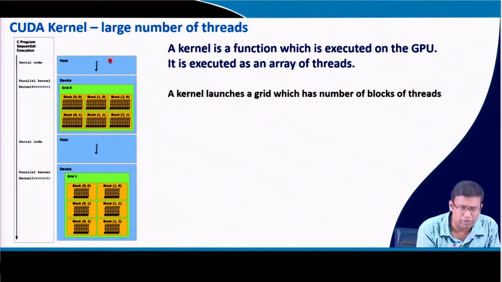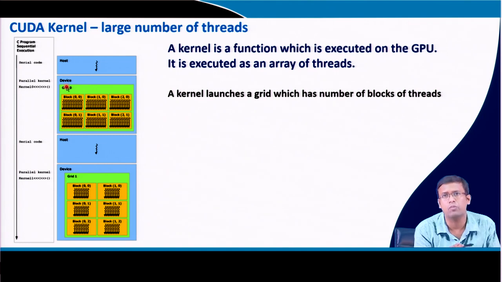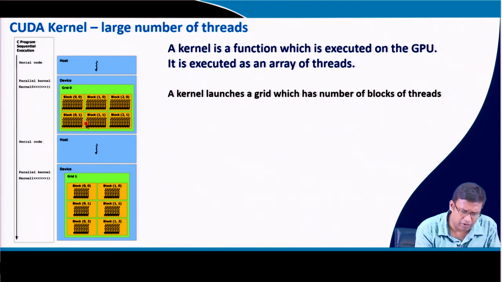which is run on the host or on the CPU, then it launches the kernel, and the kernel is a function which runs in the device or in the GPU, and when the kernel function is called, it launches a grid. A grid is a collection of blocks of threads. So when the grid is launched, many blocks of threads are launched, and each block has a number of threads, and all these threads are operated. After that, the kernel execution part is over, then again control goes to the CPU, it executes the CPU